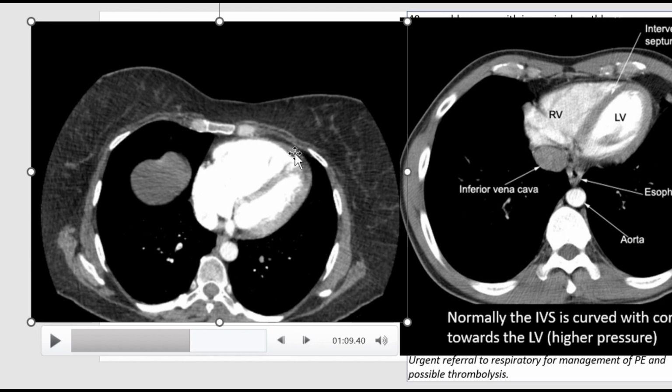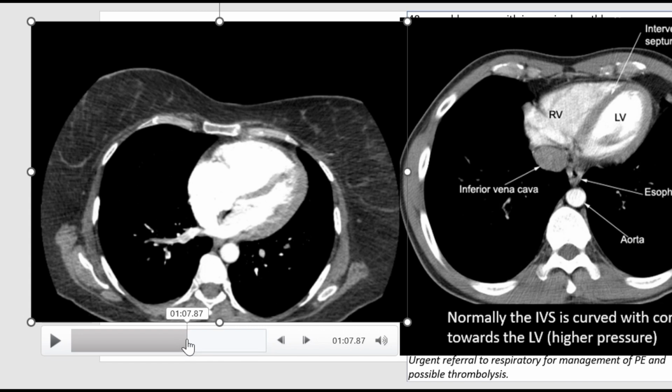The right ventricular wall thickness is slightly increased here compared to this one. Can you see this? The interventricular septum is curved with its concavity toward the right ventricle, which is the reverse of the normal. The concavity should be toward the left ventricle. However, here its concavity is toward the right